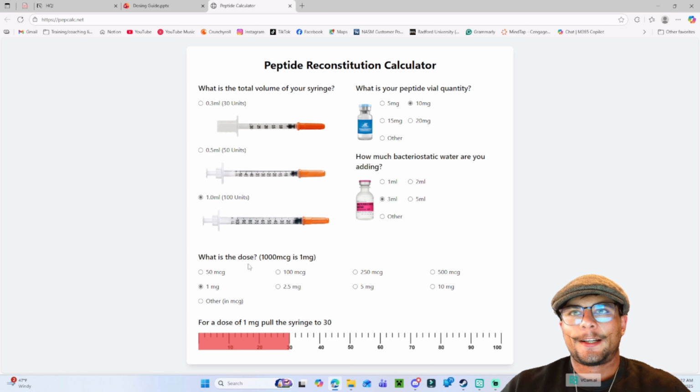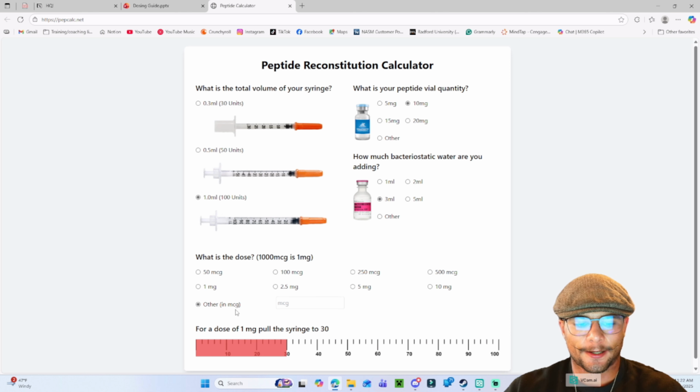And then what is the dose that you want to inject? So let's say every week you want to have 2 milligrams. So 2 milligrams is not on this. So what you need to do is come down here and click other. This is in micrograms. So if we look back in the video, 1,000 micrograms equals 1 milligram. So for 2 milligrams, we would have to type in 2,000. Click off, and for one single shot of 2 milligrams of a GLP, you will draw to the 60